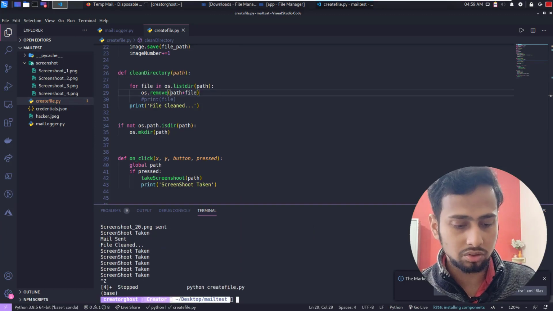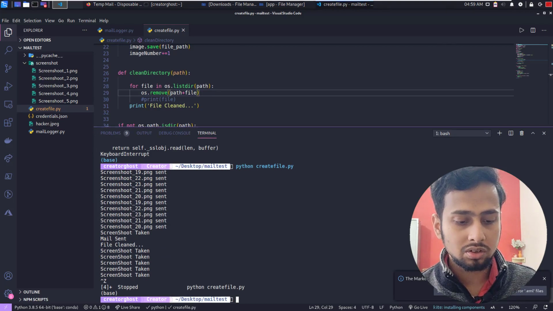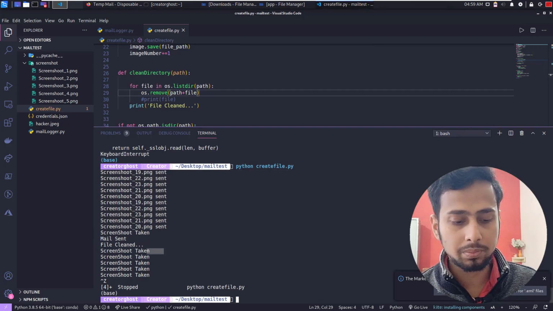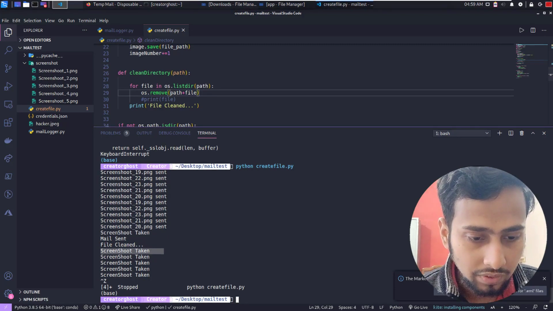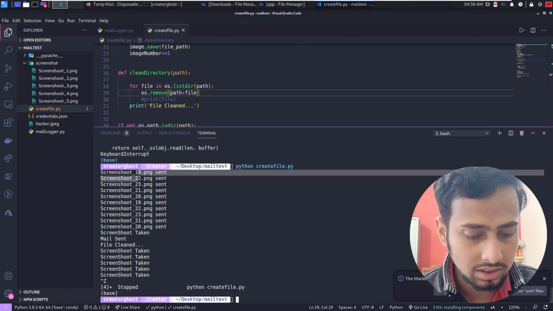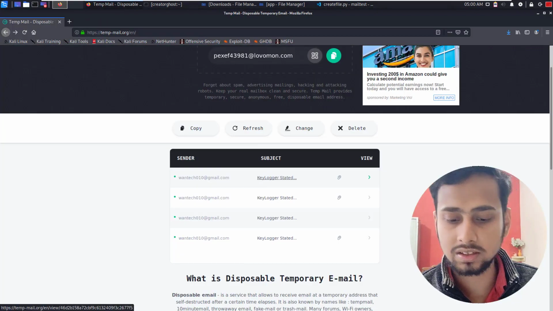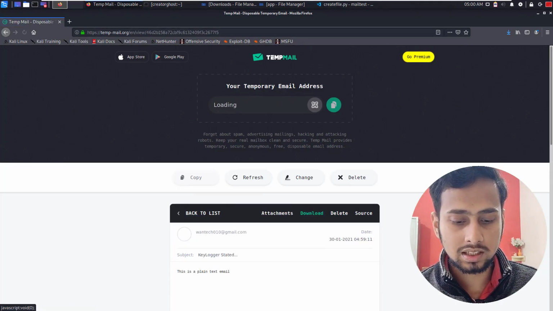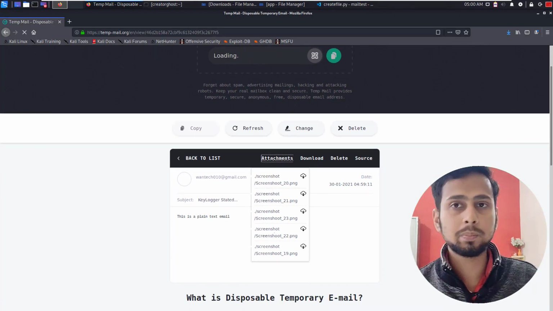Let's just close our program, as it is going to keep on taking screenshots, and I don't want to bombard my system with screenshots. So screenshot sent, and you can see that till 20 screenshots were simply sent, and here it was basically taken. So we expect at least this much of screenshots in our email. Let's open the email. Here you can see that keylogger has started. This was the last mail that we got, and this contains an attachment. If we click on the attachment, we can see that there are multiple images that we can simply download and have a look.